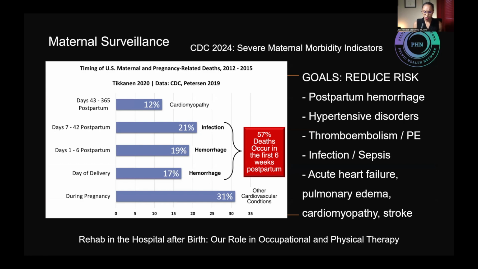And so we weren't using maternal death to guide our practice. We were using maternal morbidity, which are those severe, either acute or long-term complications as a result of pregnancy or birth that can affect an individual weeks or up to years